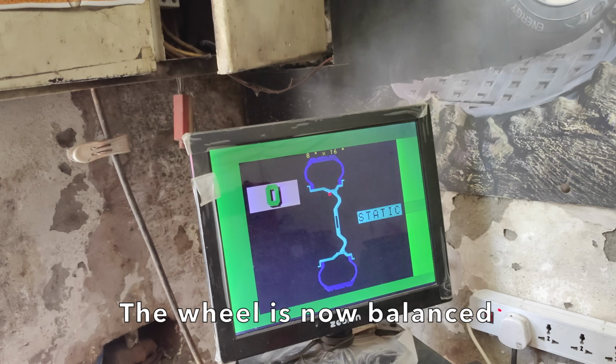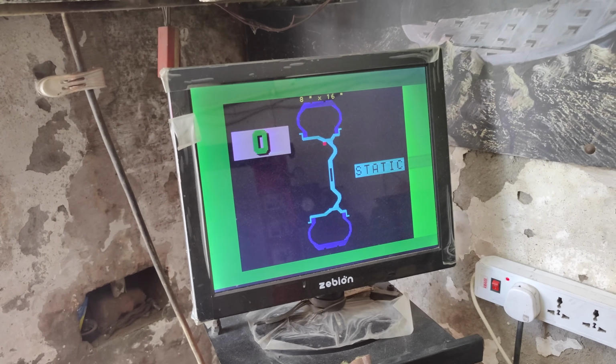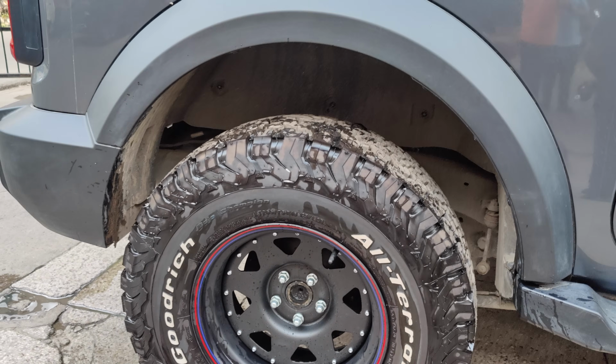अब wheel balanced है पूरा। So take a look at this, guys. The wheel is now balanced. So the wheels have finally been installed. This is what it looks like